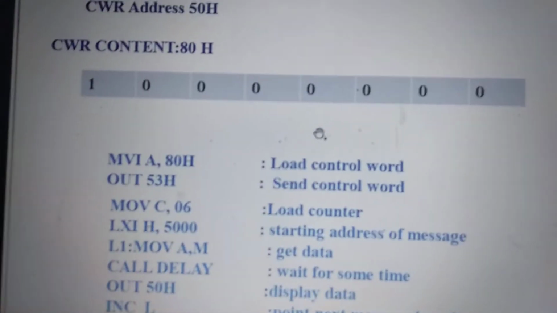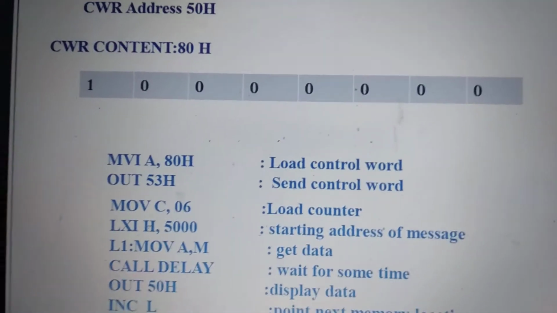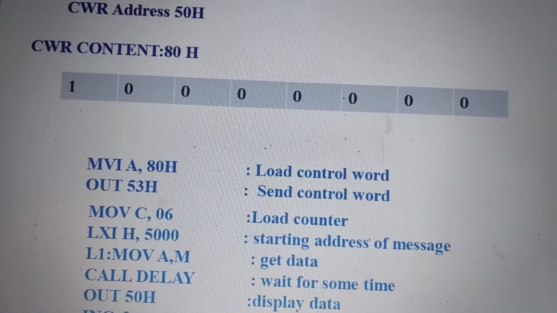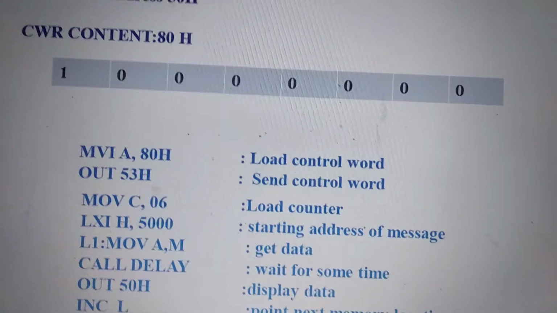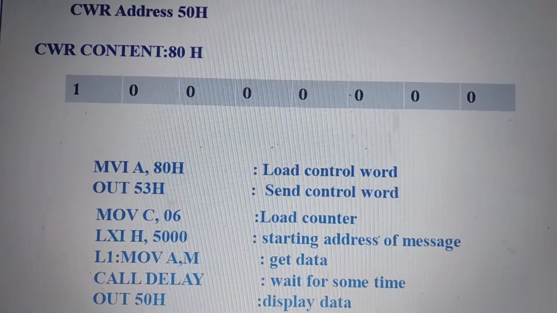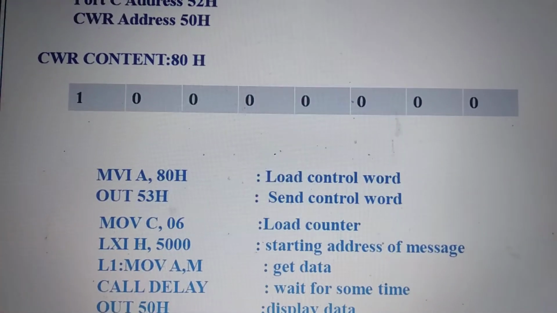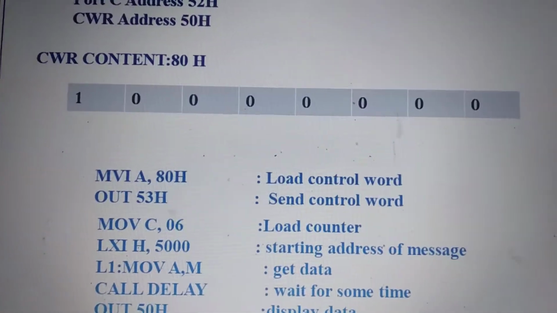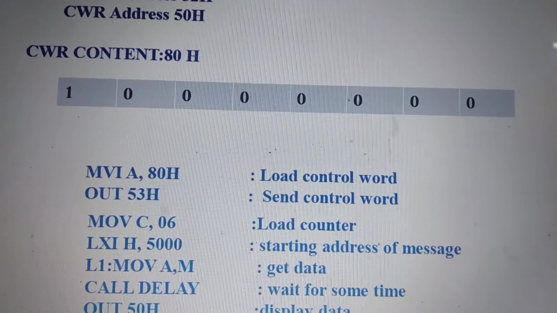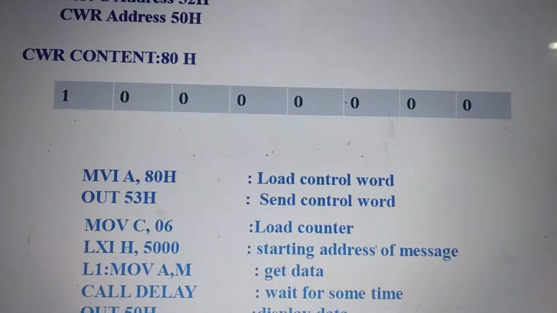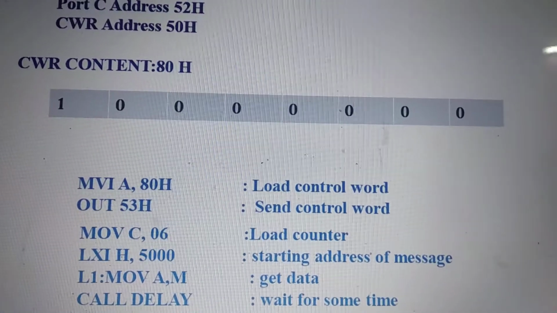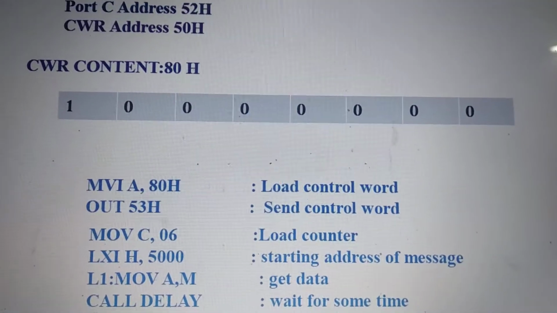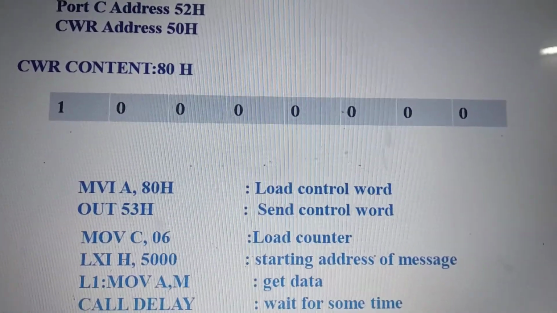Now the CWR content part. Address part is done. Next is the CWR content part. Depending upon the requirement, all the ports need to be configured in the CWR. Because it is mentioned that port A is an output port, it should be kept at 0. Obviously it is input output interfacing mode, so the D7 bit will be 1.